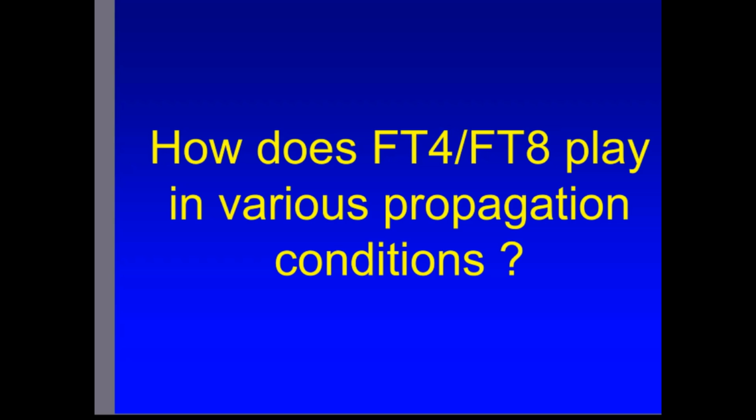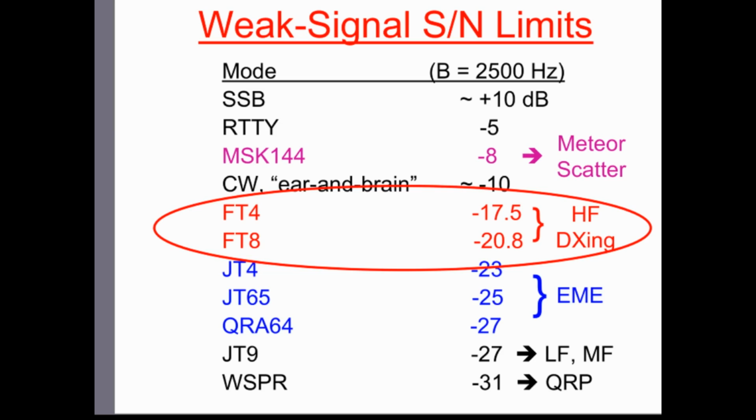Okay, I want to say a few words then about what FT4 and FT8 do under various propagation conditions. You'll notice that in that table I showed of detection and decoding signal-to-noise ratio limits, I quoted these to a fraction of a dB. I did that because we can measure that very accurately for a particular propagation model, namely that the signal is corrupted by noise, but the noise is ordinary, random, additive white Gaussian noise,